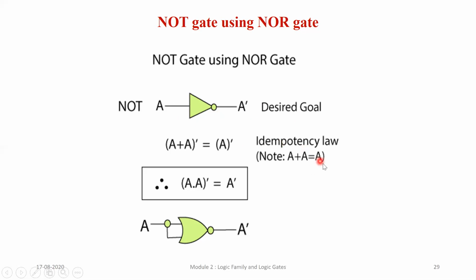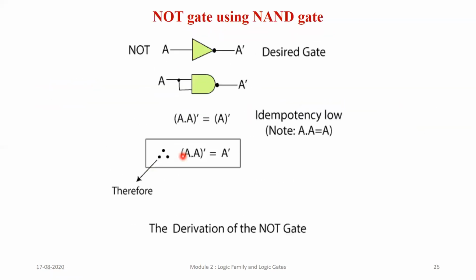Okay, now again I'm using this idempotency law. So A plus A is A. Okay, that is what we know. So A plus A complement is A complement. See, for NAND it was A dot A complement. Okay, that is what we were using. Here it is a NOR gate, so we will go with an addition operation. NAND gate, we had gone with an ANDing operation. If you see over here, it was A dot A the whole complement, because it is an AND gate, inside NAND there is AND.